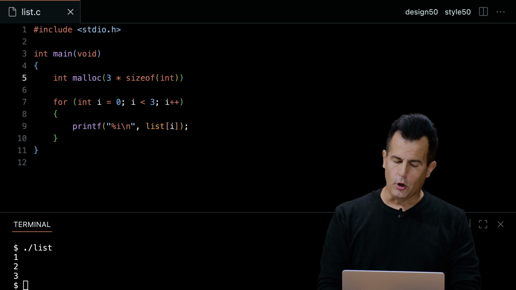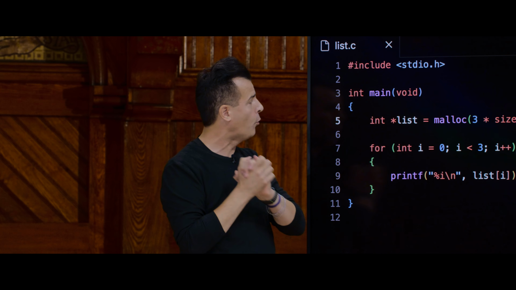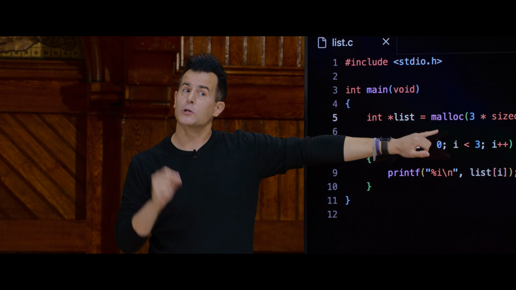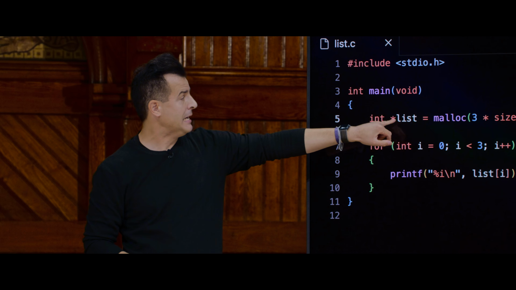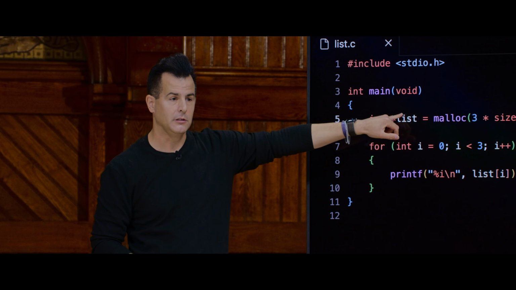So in code here, what I've done is I'm asking on the right-hand side, the operating system, please give me 12 contiguous bytes in memory. All of those bytes, of course, can be numerically addressed, like 0x123, 124, 125. We've had that story before. Malloc, by definition, returns the address of the first such byte. And it's on me to remember that I allocated 12, if need be. So I'm just storing the address of that first byte in a pointer called list.